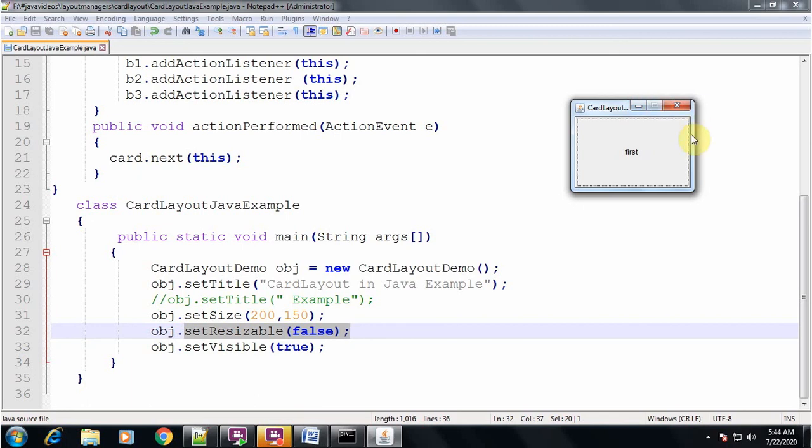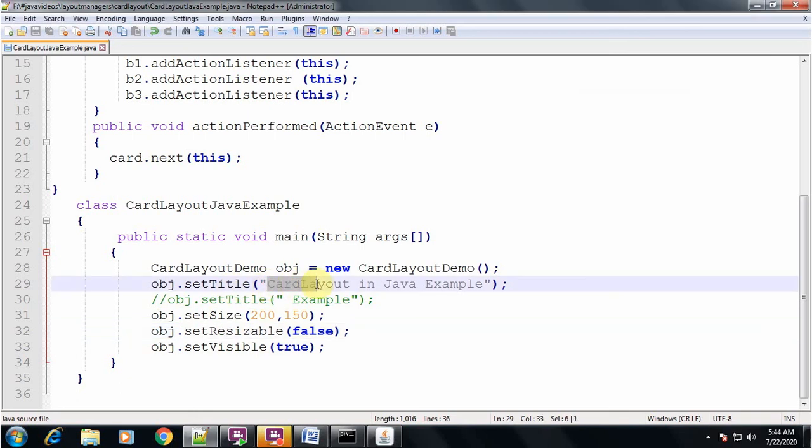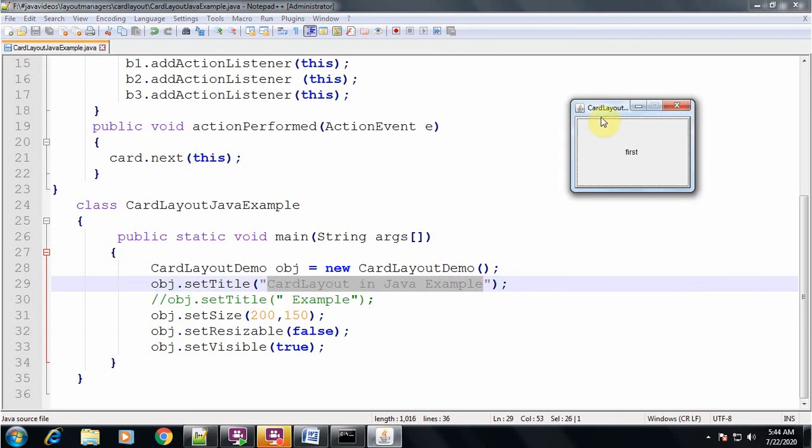I cannot maximize it either, and resizing corners are also not there. Whatever you write inside these quotations in the method setTitle is displayed in the title bar here. Because the resizable property is false, I cannot expand this one. Otherwise you would see the entire text in the title bar.